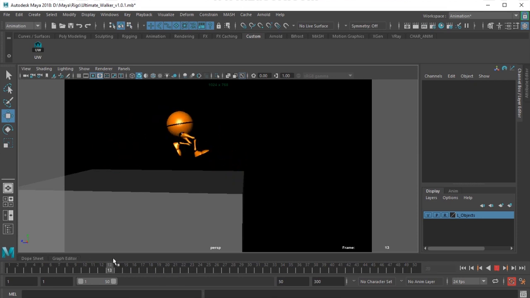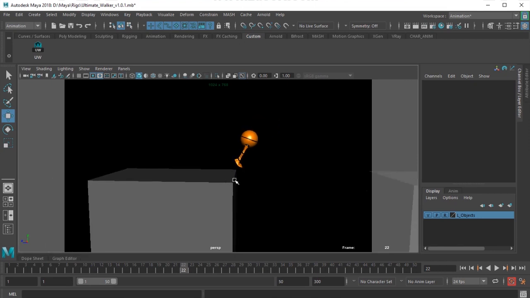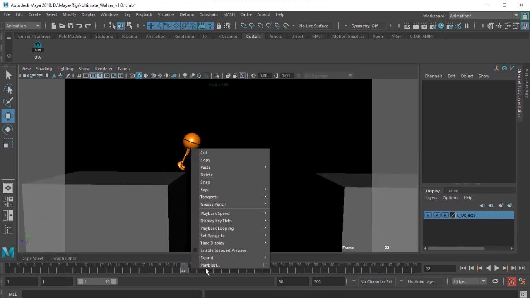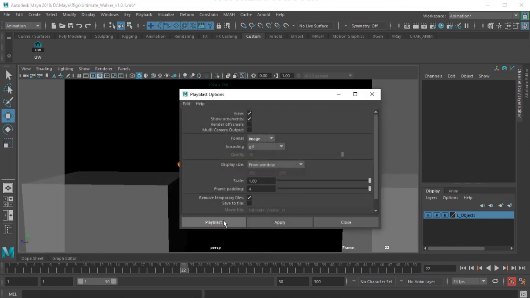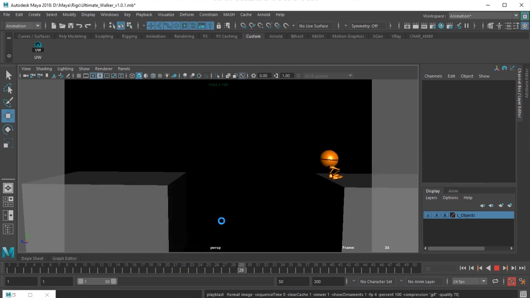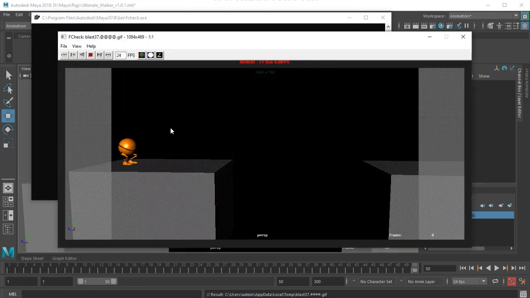And also there is something called line of action, which is this. If I do a play blast, I'll just put a line of action there. You could see the angle of the body keeps on changing.